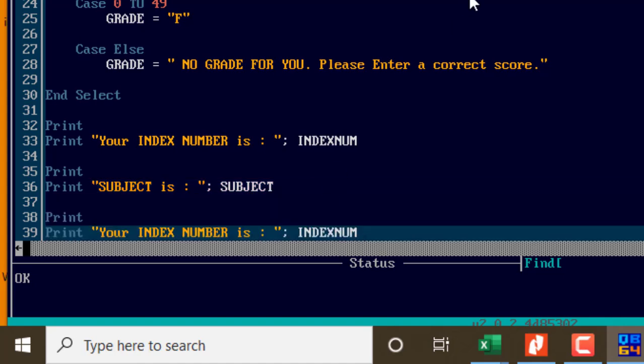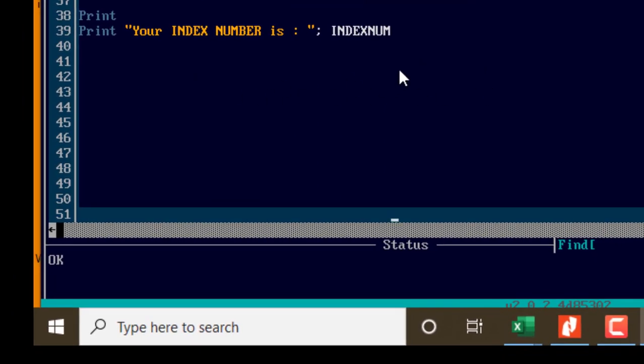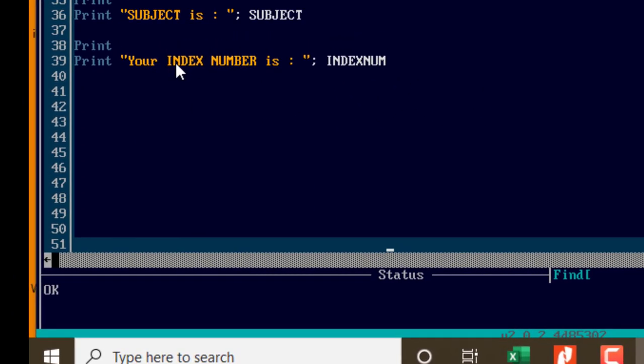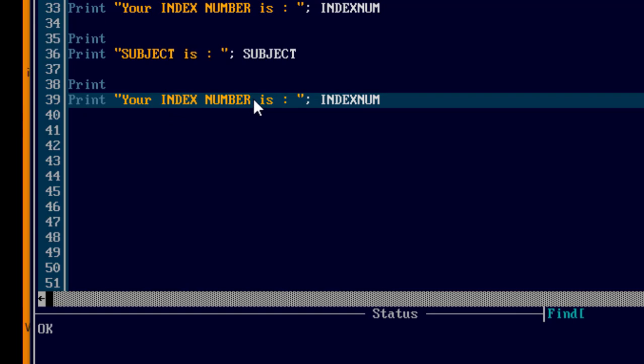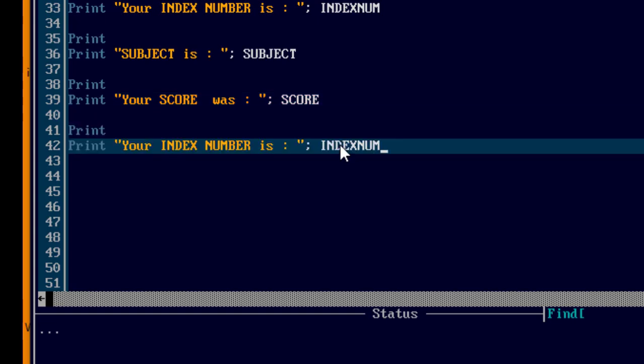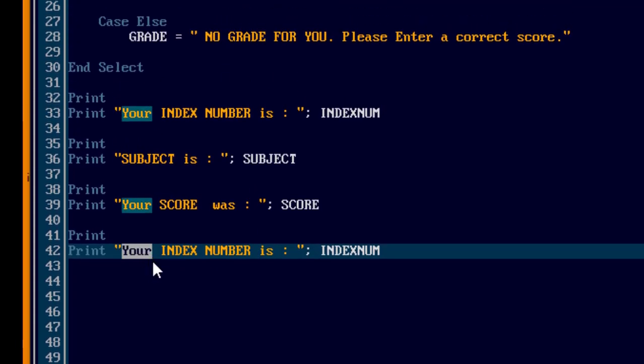Then we can now print again. So we can now print the score. So we say your score was, and then that one will be stored in the variable called score. And then we now move down to print the grade. So your grade is,